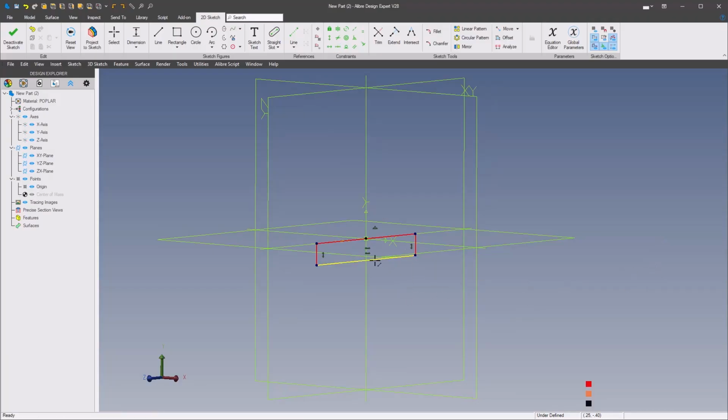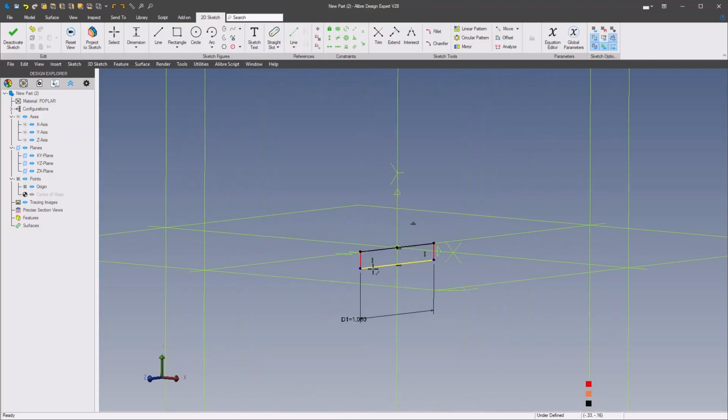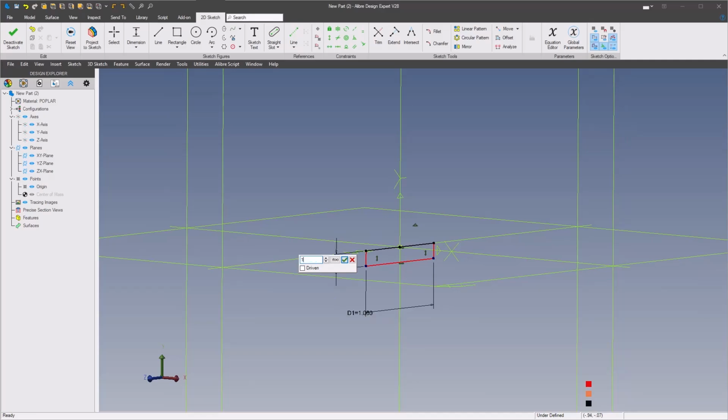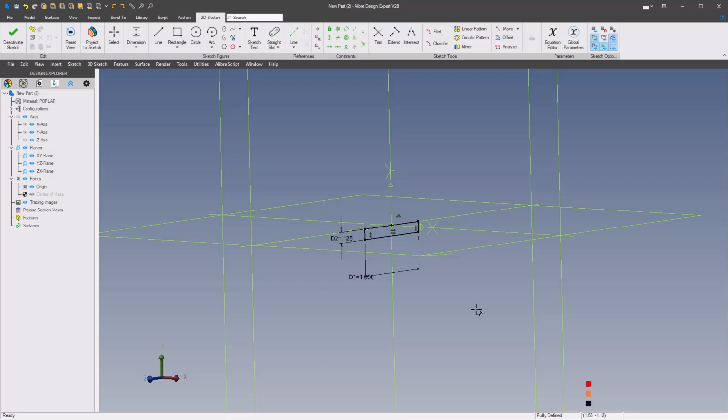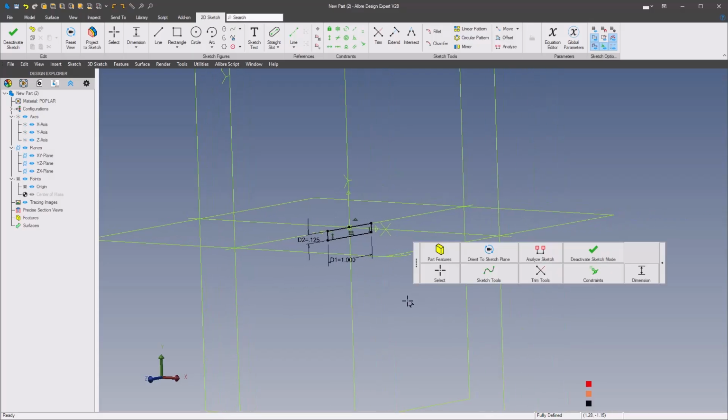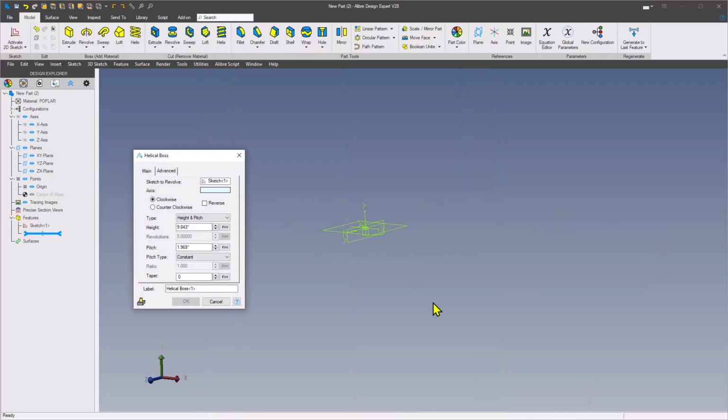So now I've got that constrained to the middle of that line. So some dimensions on here. And for this example, we'll have let's say a 1/4 bar. So this thickness here, I'm going to make this 0.125, which is going to be half the thickness of a 1/4 inch bar. And then we're going to extrude this. I'll helical boss this, and our axis will be